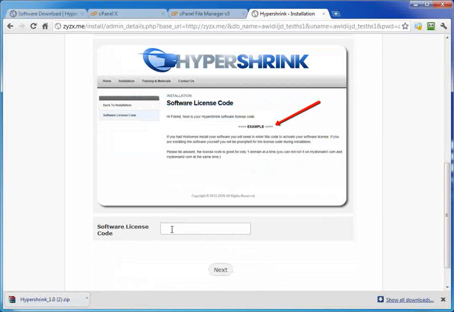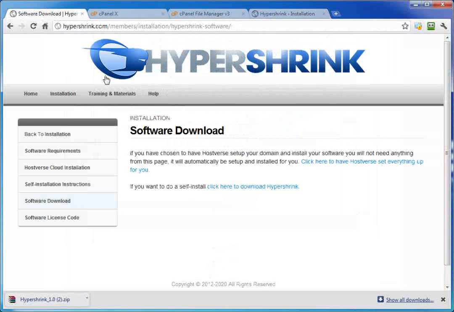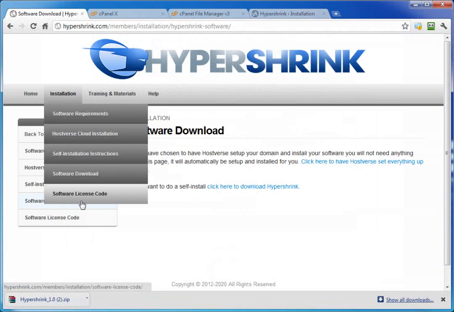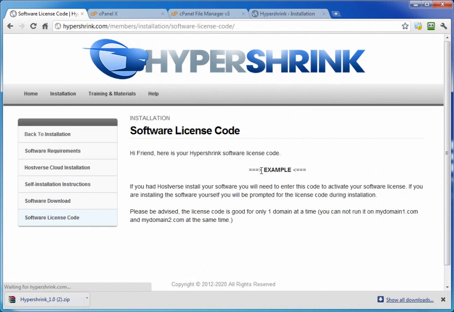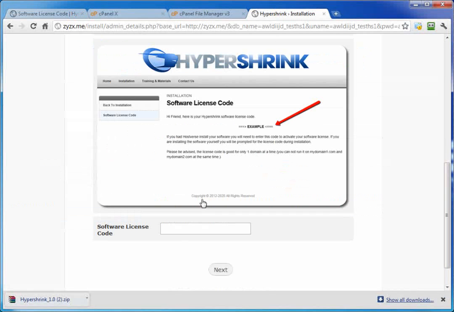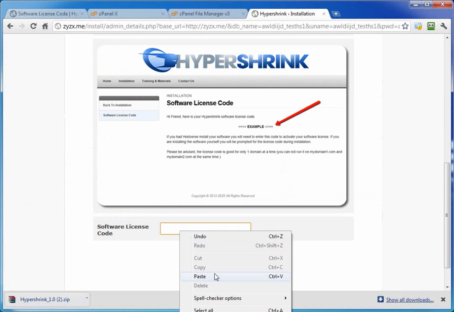And then you're going to need to get your software license code. Now your software license code is in the members area, and I set up an example one in here. So if we go into installation, we can go right to our software license code. And yours will have a software license code in there. Okay? Pretty straightforward. You're going to want to copy this information right here, and we're just going to do copy. Go back to our Hypershrink installation. We can paste